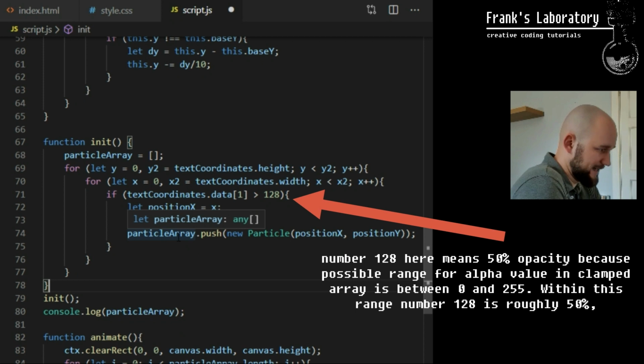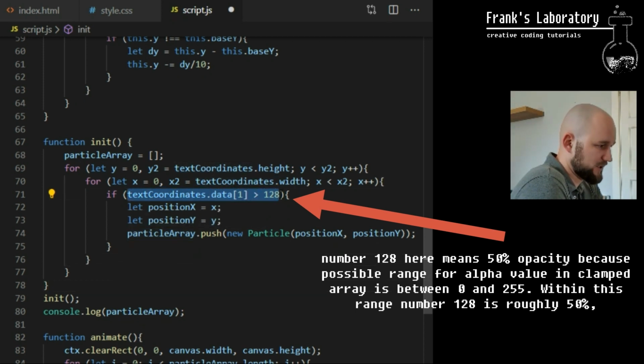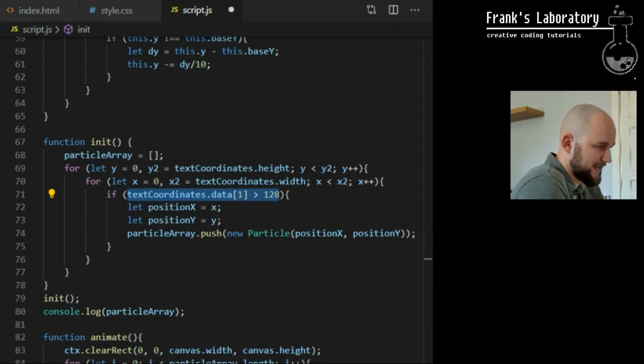There is just one more little problem to sort out. As I said, the clamped array that is held in the text coordinates data object contains 4 elements for each pixel. We have 10,000 pixels, but this array has 40,000 elements. It holds value for red, green, blue and alpha for each pixel. Right now I am just checking one pixel because I passed index 1 in that array inside square brackets here.